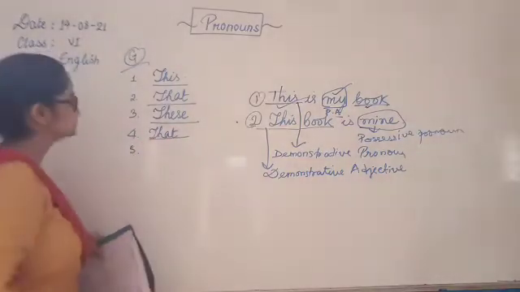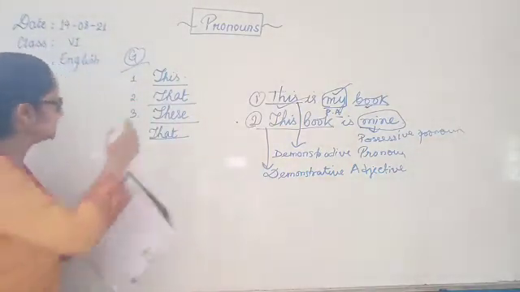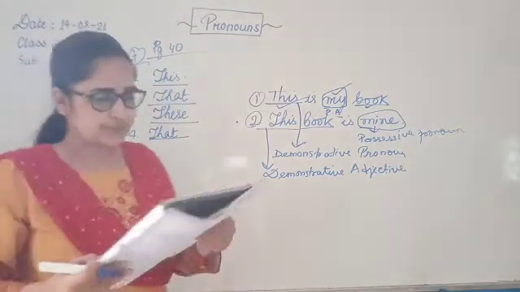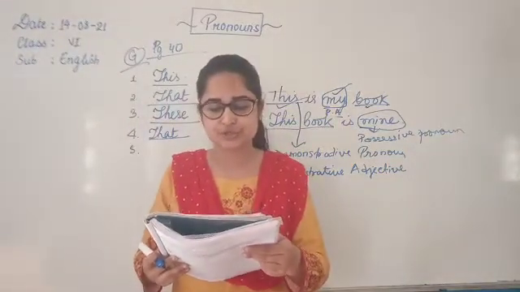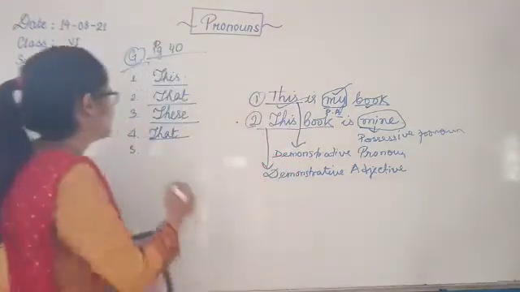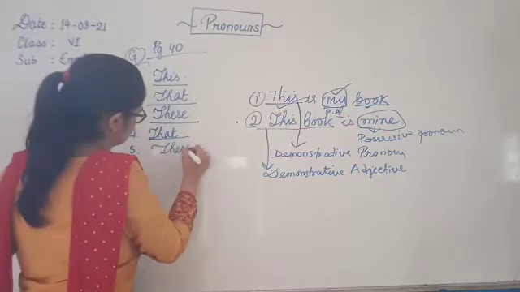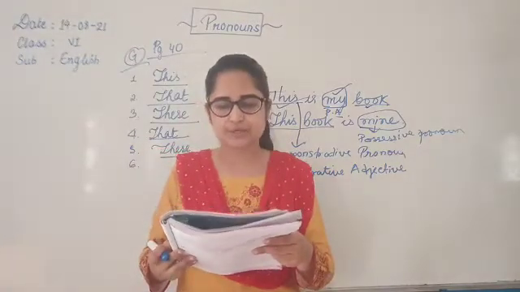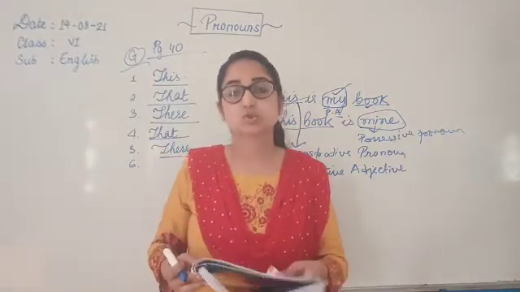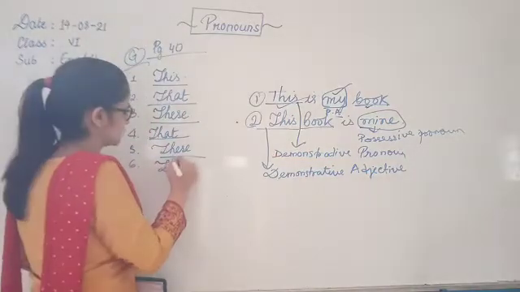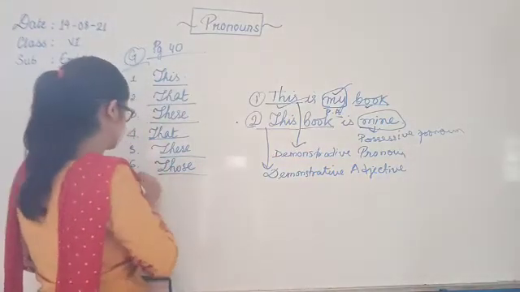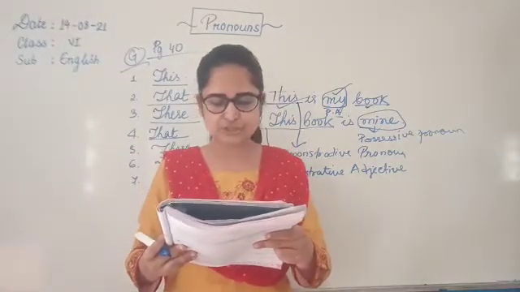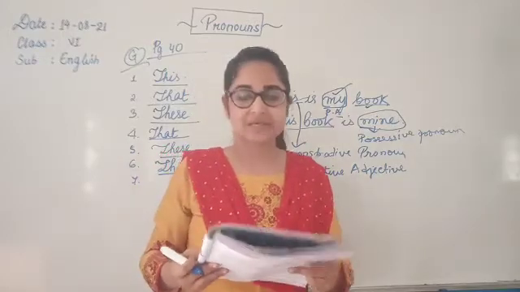Number 5, dash are the books which need to be returned. Those are the books or these are the books. Number 6, dash are the boys who came to meet the principal. Okay, those are the boys. If you are pointing and they are going away, so those are the boys. Number 7 now. Dash is the route which needs to be avoided. That is the route.